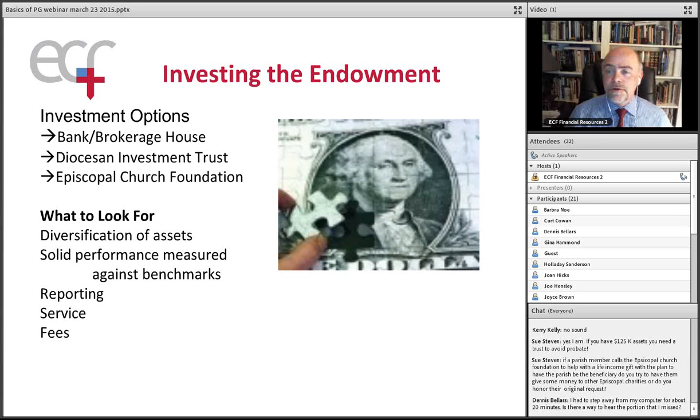Many institutions will charge high fees. The Episcopal Church Foundation charges very reasonable fees. And as I mentioned before, diocesan investment trusts are typically very low fees. So do be mindful of that. Be mindful of fees that are hidden within mutual funds, because quite often your total fees are much higher than you're imagining. The one quick note before I go on that I wanted to note with respect to endowments is